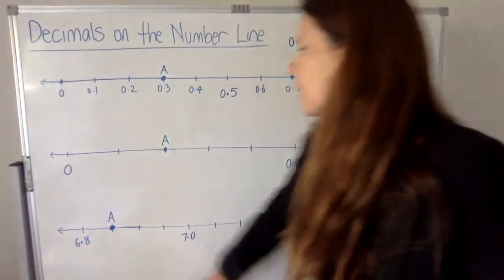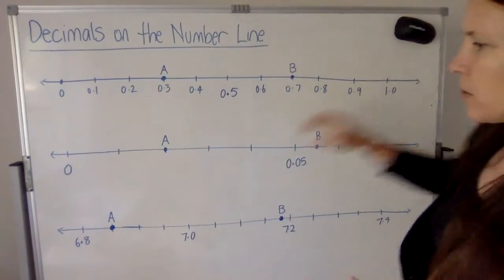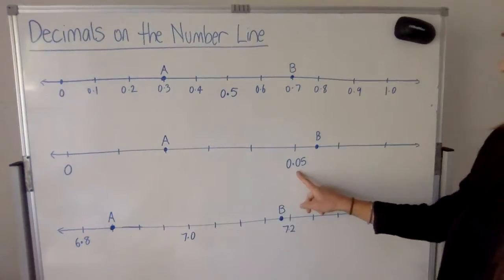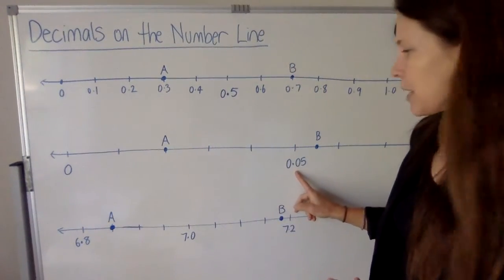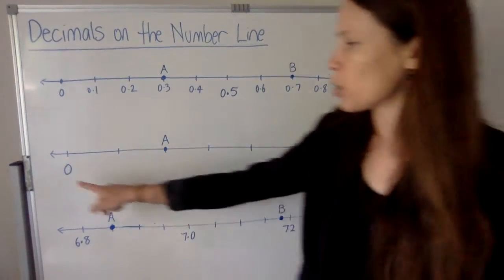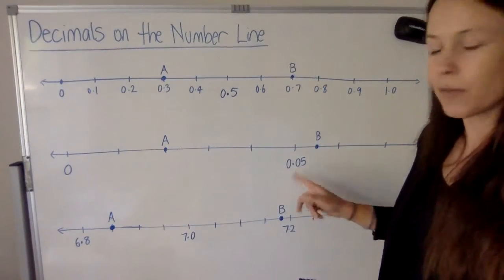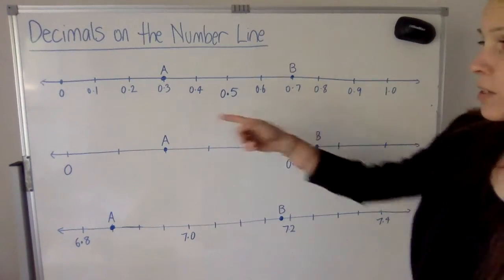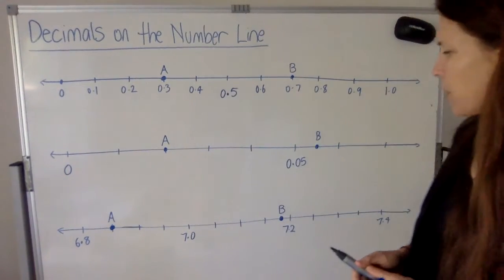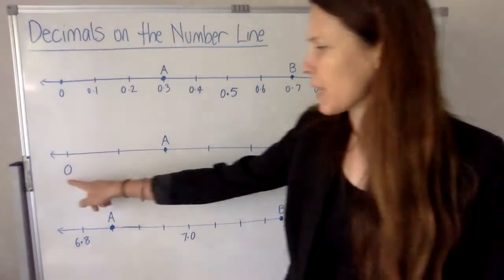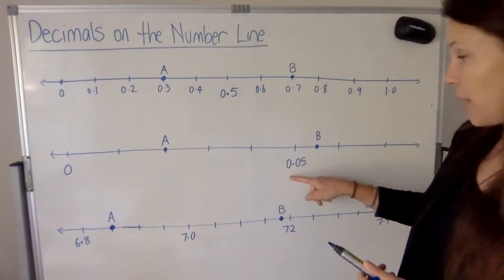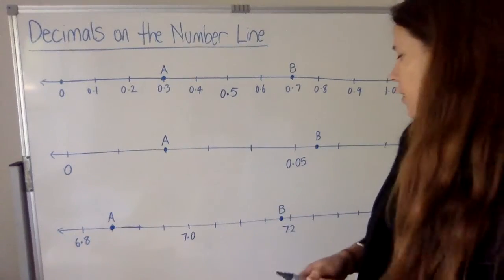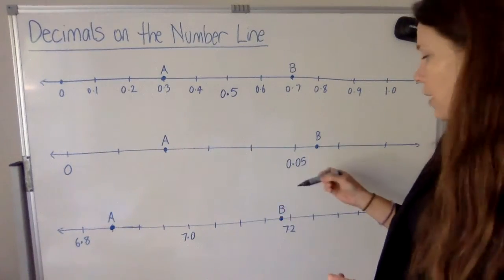All right, let's look at the second number line. It's got a different scale. We know that 0 is here. Then we've got A. We've got 0.05 up here. So we need to see how many spaces there are between 0 and 0.05. 1, 2, 3, 4, 5. So similar to the last one. But what are we going up by? Well, if we need to count up five times and get to 0.05, each tick mark must be 0.01